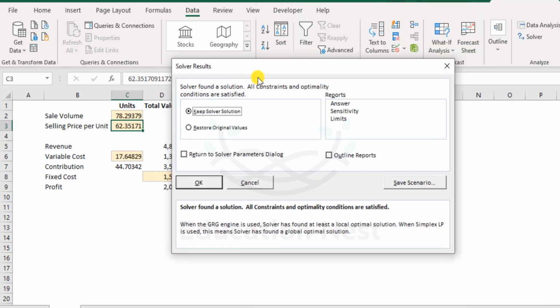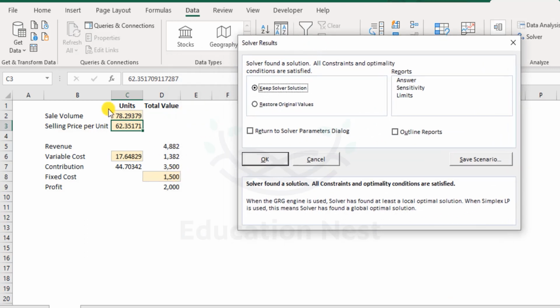So Solver tried out something and it has come up with some results here, and we can see that the profits are at 2000, but at what cost? We see that the sales volume is at 78.29379 and these many units sold at 62.35171 per unit, while at the same time the variable cost set at